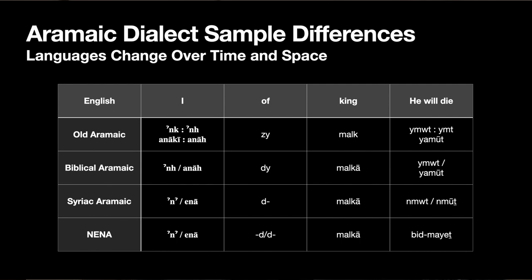If we want to say of, in Old Aramaic, we'll see it written as Z. In Biblical Aramaic, we'll see it written as D, and Syriac as da, and in the modern Northeastern Neo-Aramaic as id or the, depending on the accent of the village. A lot of times people will append it to a word before the word that it's joined to, rather than the traditional way of saying of blank, right? Of blank means something belongs to the noun, right? And so usually it comes before the noun, but in some modern dialects, they'll just append it to the previous word the way their accent is.